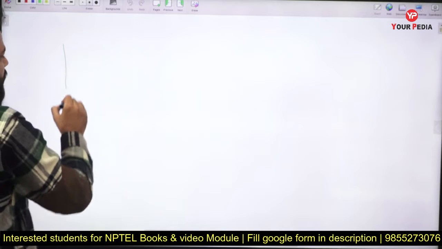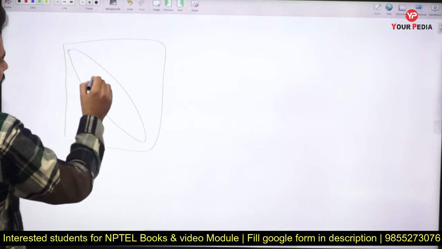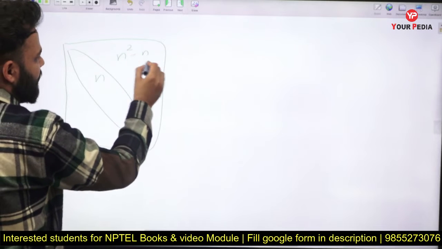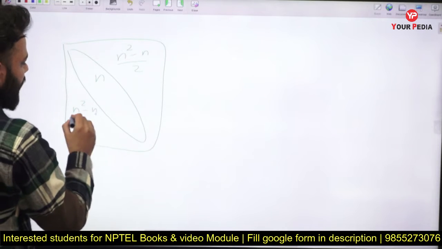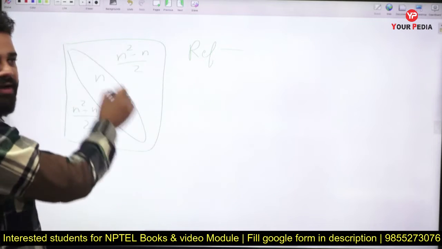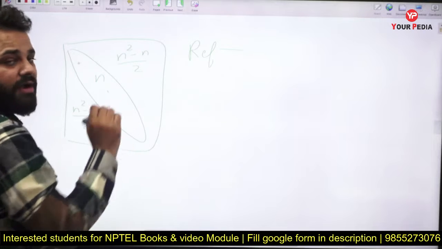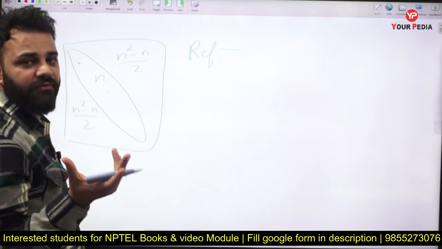If you want to note it down more cleanly, these are the n elements. These are (n square minus n) by 2 elements, (n square minus n) by 2 elements. For reflexive, only these elements mattered. So they need to come. So if they are coming, they have only one option.